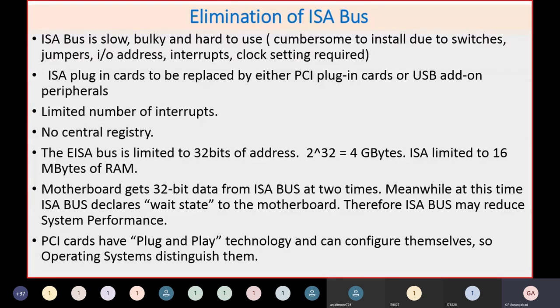ISA slots. Now here you can also use this ISA for transmission of 32 bits, but you'll have to use two clocks for transmission, 16 bits and then 16 bits, and in between the processor has to wait. That is called the wait state, and this way some slow operations were done. But as I said, the PCI card has a plug and play capability that has removed all the limitations, and in fact from 1990 to 94 onwards, this ISA bus or even extended ISA bus was written off from your market. I mean, this is not normally available now on your motherboard.